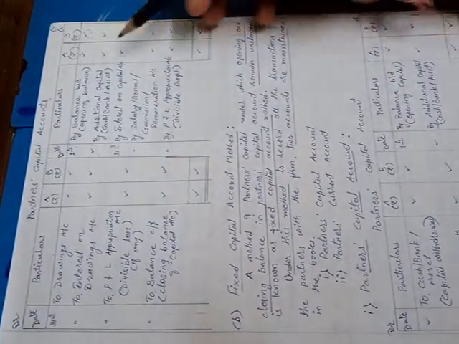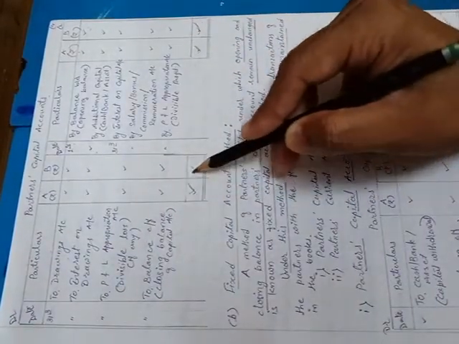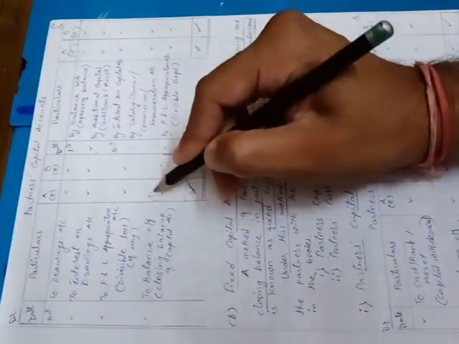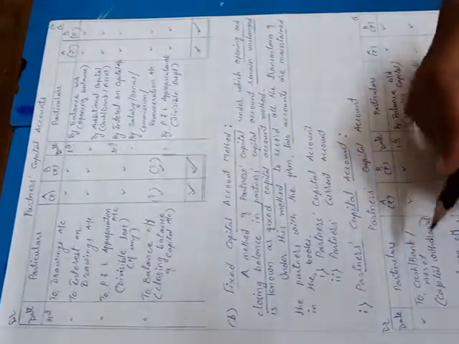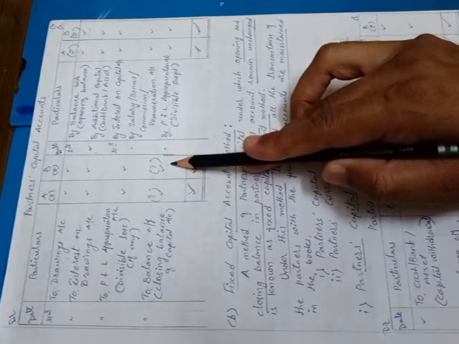And at the end, after recording all these transactions, we have to close this capital account. Normally in our sums, all the partners capital accounts will have credit side total more. So this amount first you have to write on both the sides, and this amount will get as a difference that I am showing you as question mark. That is called closing balance of capital. This is called credit balance.